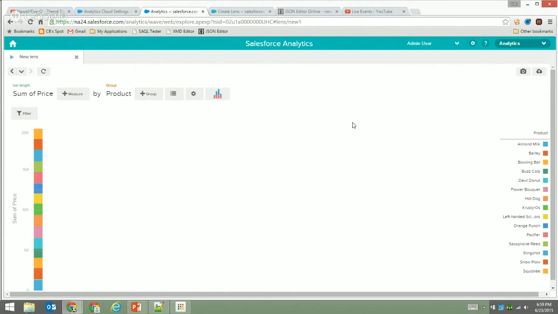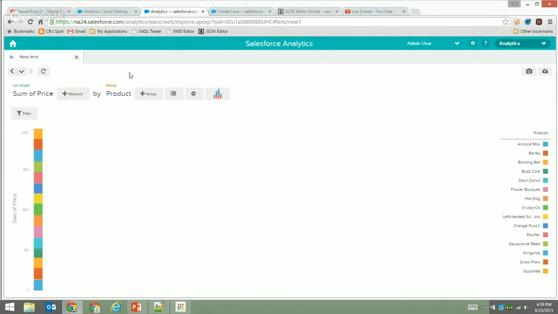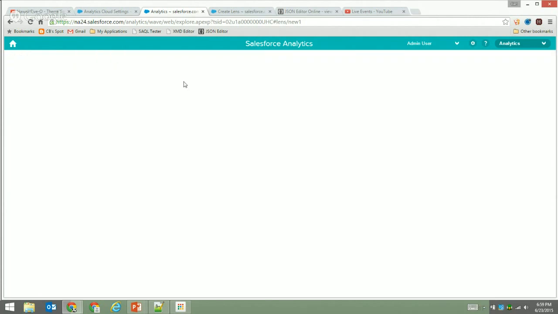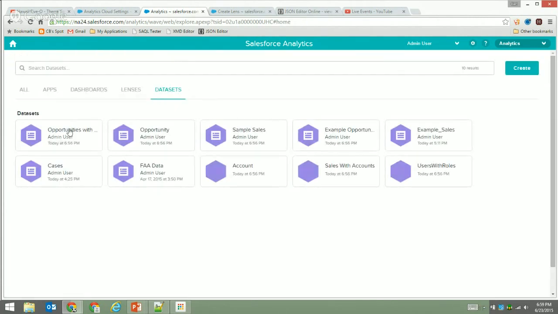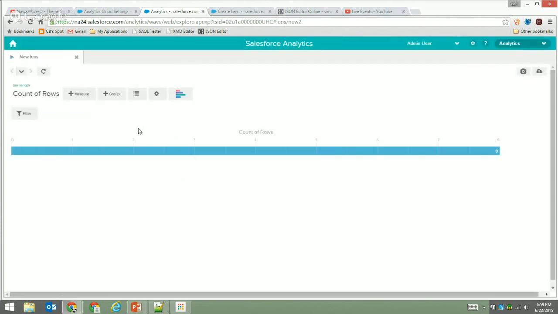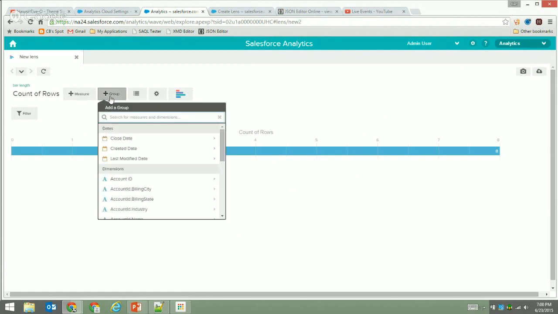So Carl, you're just looking at the CSV data. I'm just looking at the CSV data, absolutely. What we could do is jump to a different data set. If I wanted, we could take a look at the opportunities with accounts. This would be the data that came over from Salesforce. I have 8 opportunities, not a lot of exciting data in my system, but we could switch this and